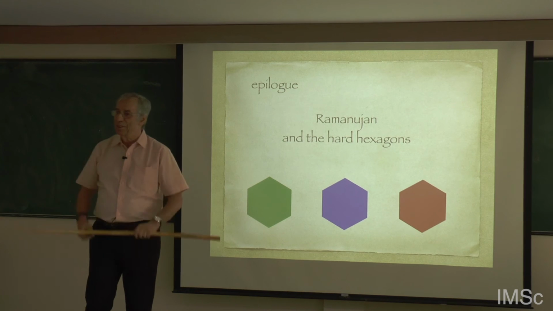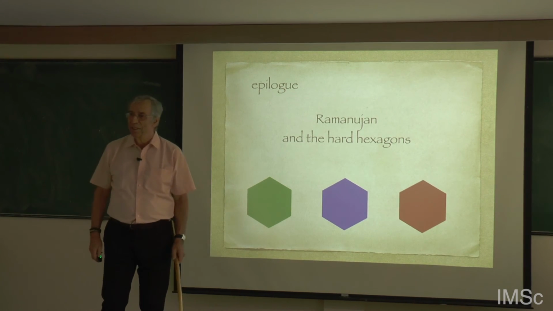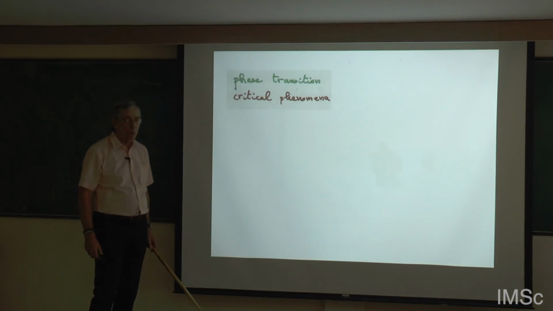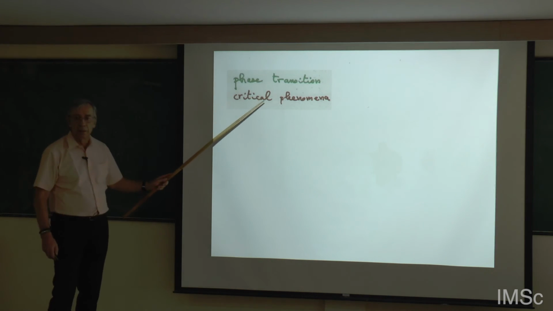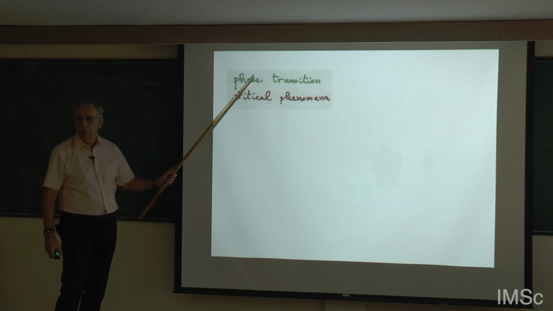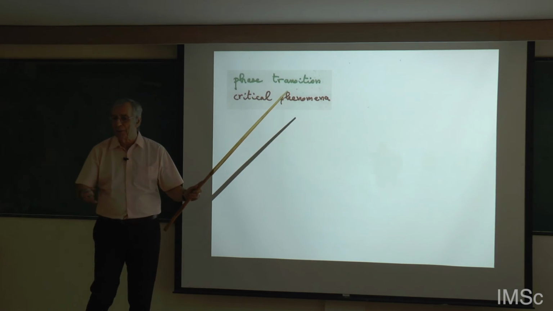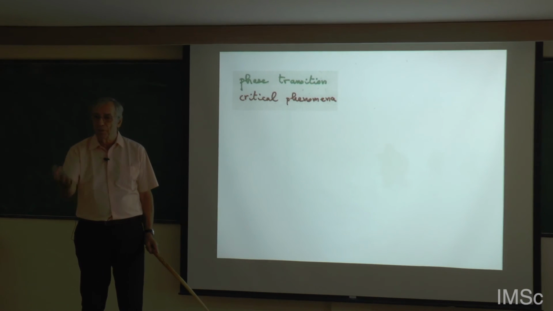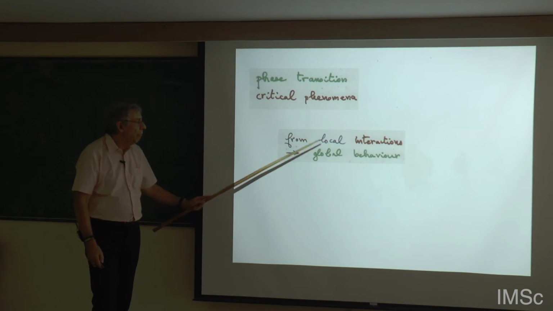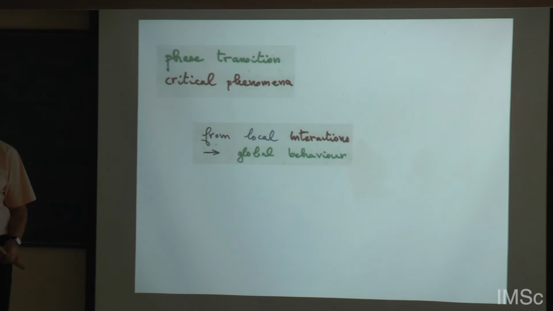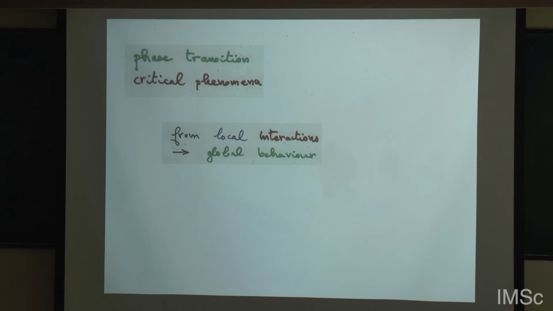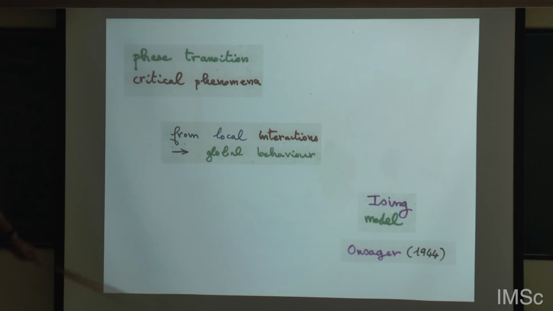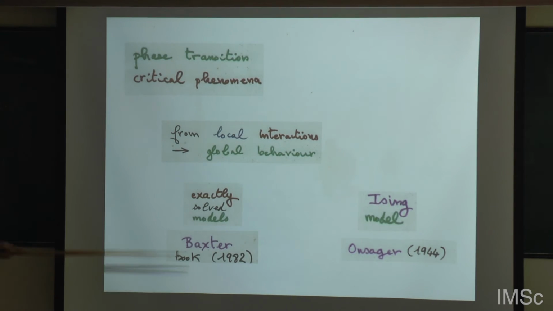So we are going to a certain, much more difficult level. We are in statistical mechanics, in statistical physics, with phase transitions, critical phenomena. You want to understand how the water is boiling, how the ice is forming, or how the Ising model for ferromagnetism works. And so there is a model in statistical mechanics. From local interaction, you want to learn about global behavior. There is a famous Ising model, and there is a book by Baxter on exactly solved models.